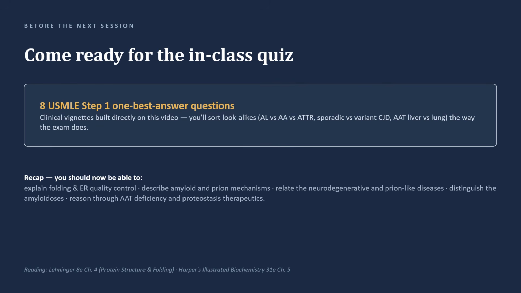That's the material. When we meet, you work through 8 one best answer questions built directly on this video. You'll be sorting the lookalikes the way the exam does. AL versus AA versus ATTR amyloid. Sporadic versus variant CJD. And the liver versus lung effects of alpha-1 antitrypsin deficiency. Come ready to explain folding and quality control, amyloid and prion mechanisms, the neurodegenerative and prion-like diseases, the amyloidoses, and the